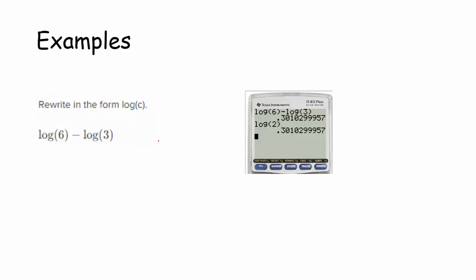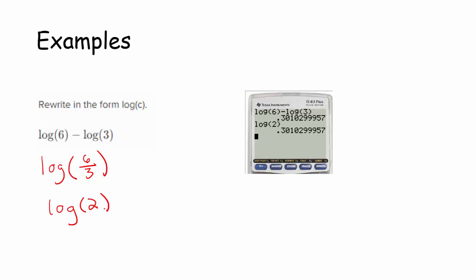So let's just look at a couple of basic examples. So here's a problem straight from Khan Academy. We write in the form log of c. So we want to take these two logarithms and combine them to make a single logarithm. So we would use the quotient rule. So this would be log of the 6 divided by 3. So that would be log